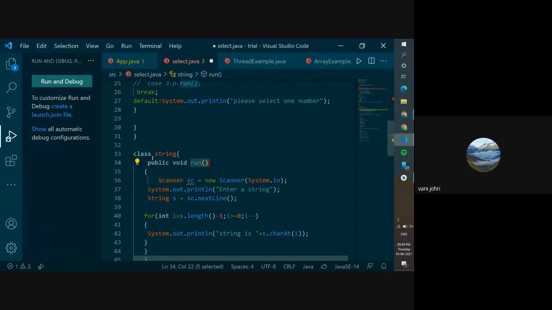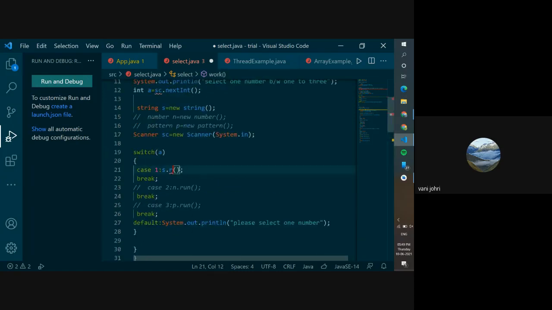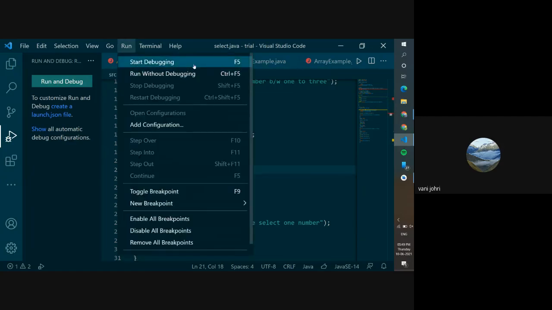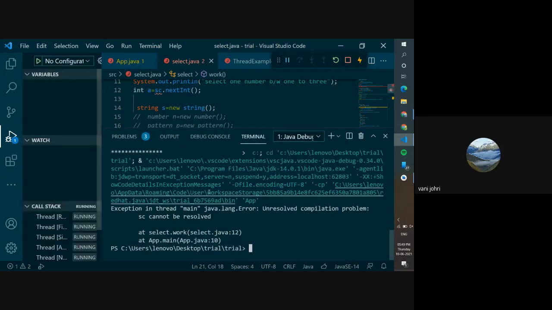So this class is supposed to have a method inside it which is public void run. It could be anything. Let's rename it. Let's write public class reverse. Okay, we've changed the name. And now let's see if it works, if it is reversing the string how we want it to, so that you don't have to face a lot of errors at once. You keep on checking small parts of your code, so it's easy to debug.